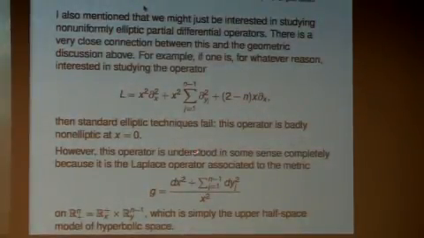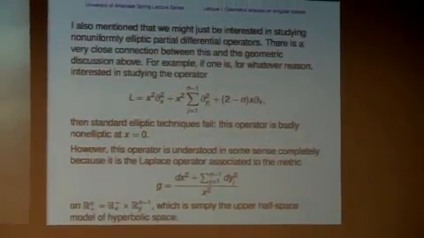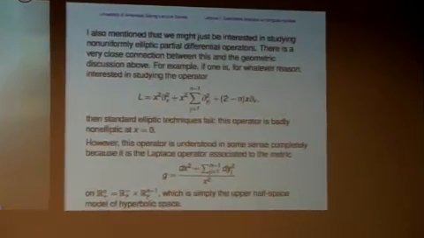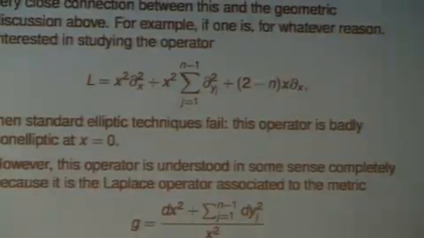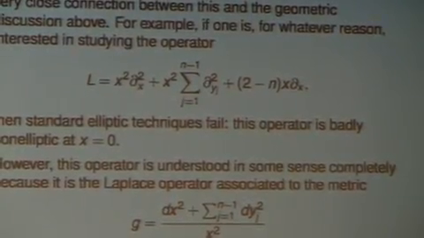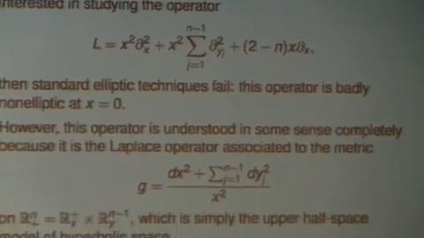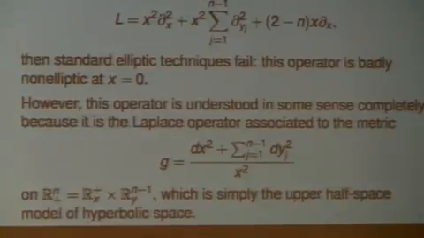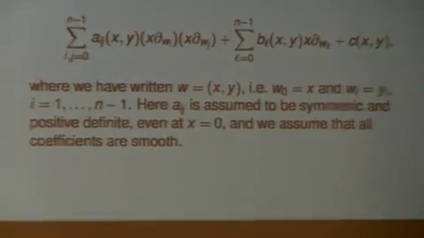So, find a second-order operator. Remember I talked about various types of degenerate operators, and here was one which I'd said, if you just looked at that and said, well, I would like to analyze this by classical methods, you'd be pretty much out of luck because it looks badly degenerate. But what saves you is the fact that it's the Laplacian associated to the hyperbolic metric. And if you use the geometry of the hyperbolic metric, you can actually go a long ways.